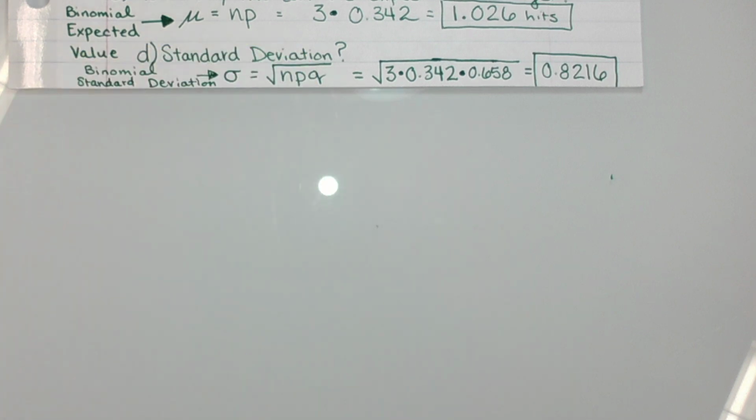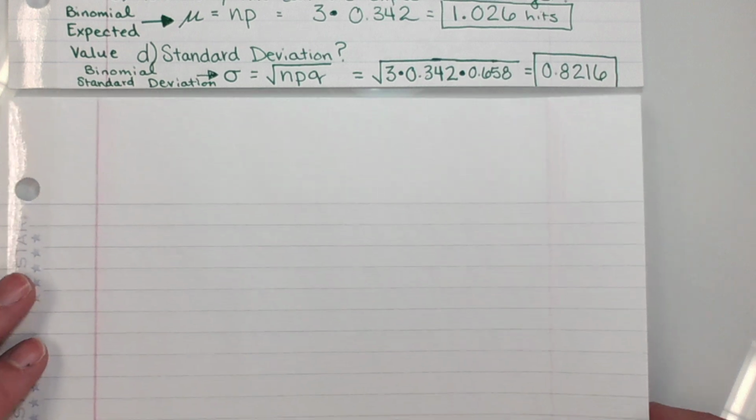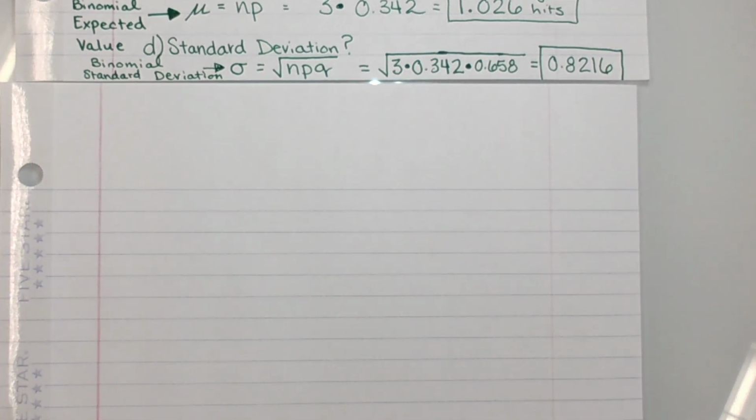So far, nothing too scary. Binomial distribution is fairly straightforward. I've got one more example. It's got some parts to it, but